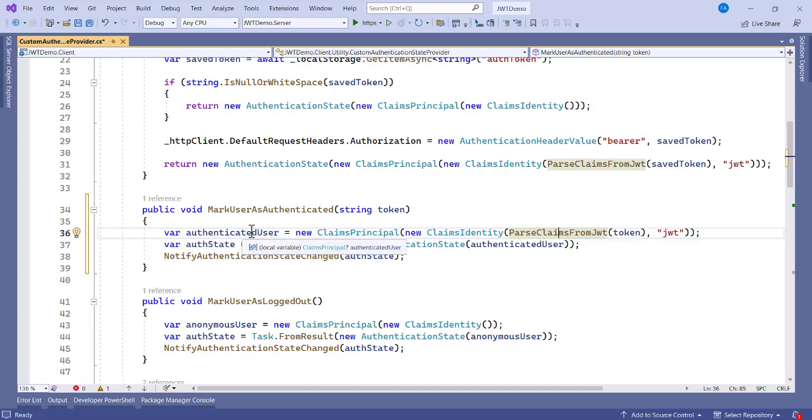Okay, now we are done with that. What are the few things that we can actually do to get this work? So finally, we need to update the login method on the auth service to pass the token rather than the email when calling the mark user as authenticated. Okay, so let's see with the login